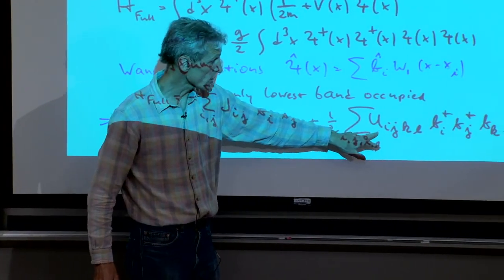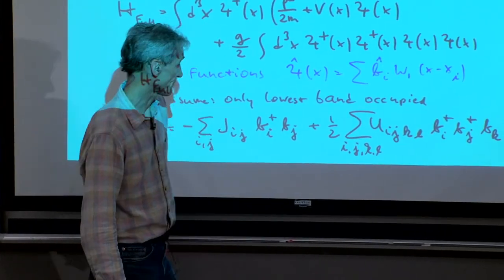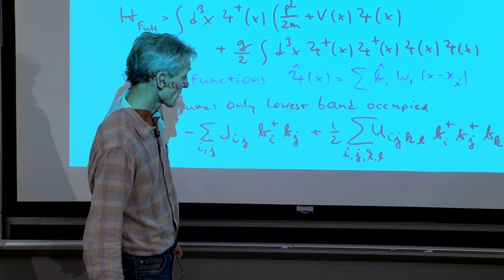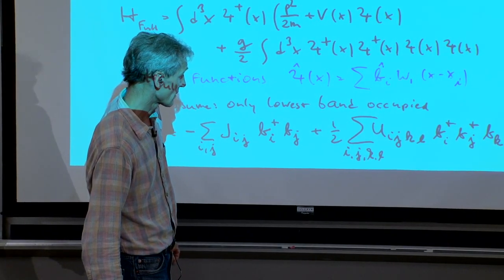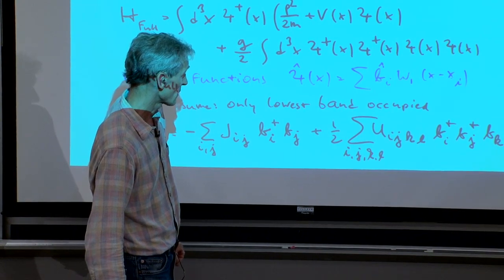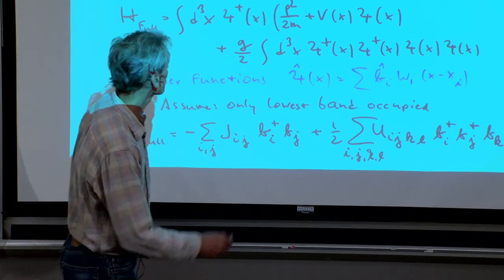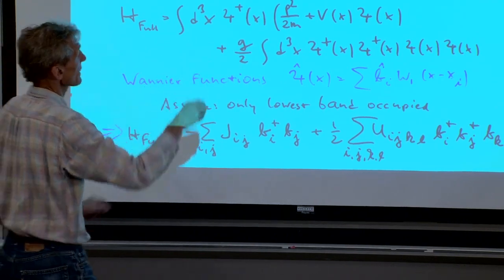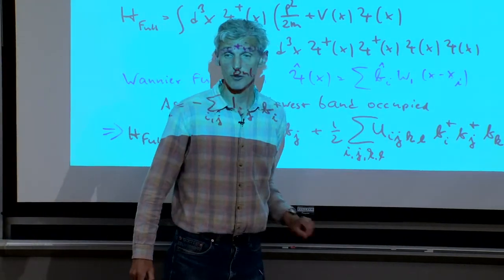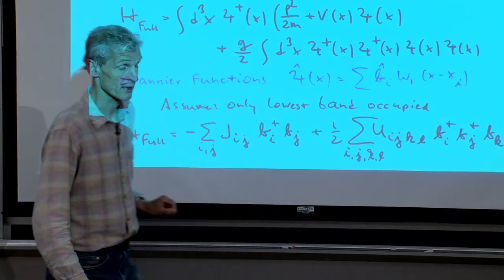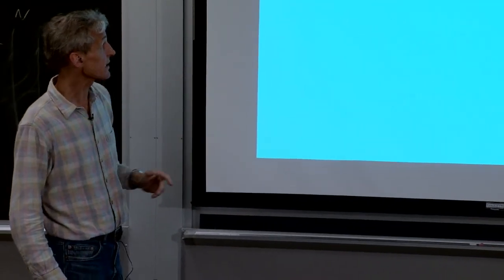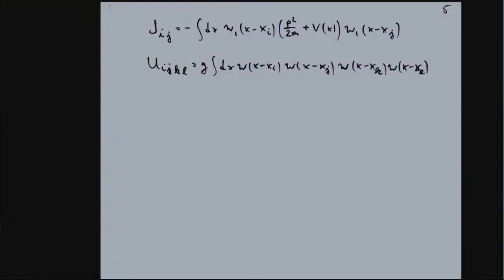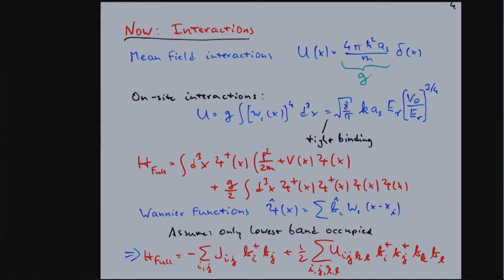And in terms of interaction, I can calculate this matrix element by using Wannier functions with 4 different indices and ask what happens. And this is simply an exact way of rewriting it. And here I've given you the definition. So if you want, forget everything I told you about J and U. I've done an exact transformation from field operators to Wannier function creation operators.